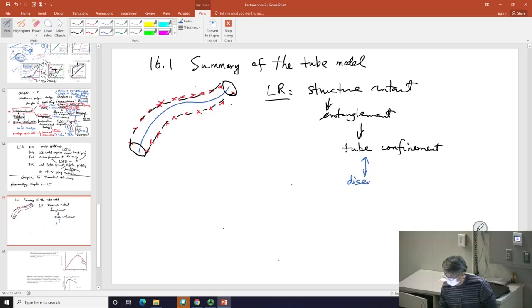So this disentanglement, as far as I learned the tube model to begin with, it is not a familiar concept within the tube model to speak about disentanglement, to speak about the disappearance of the tube. Because in absence of the tube, there's nothing to be discussed in terms of what are the results of the tube model. So I want to mention that right away, and it will come back again and again,